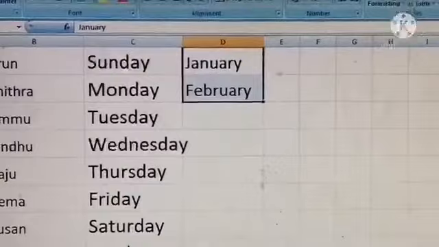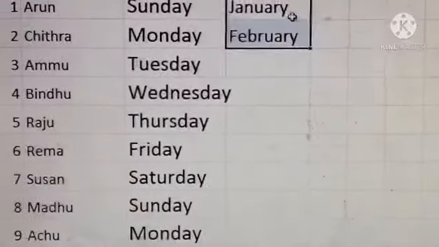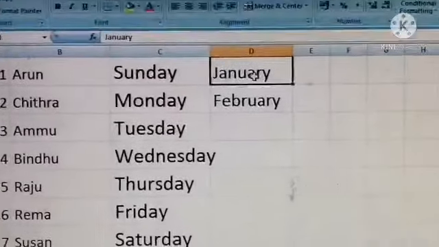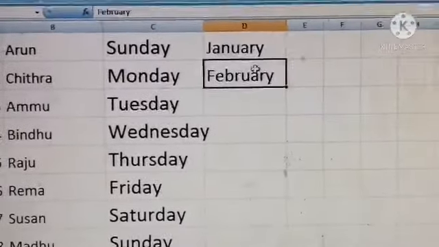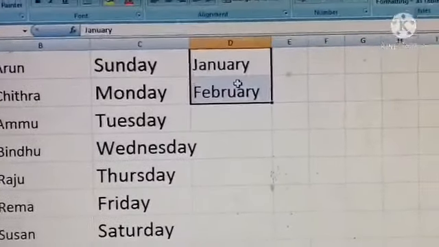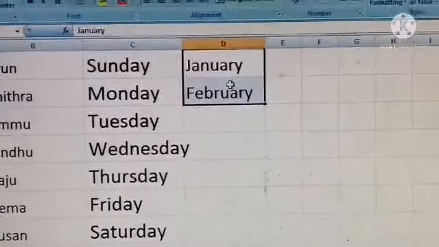For that, first enter January, February. This is our first 2 months. It is the main step in the auto month creation.